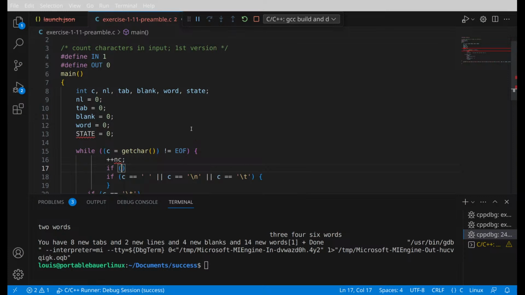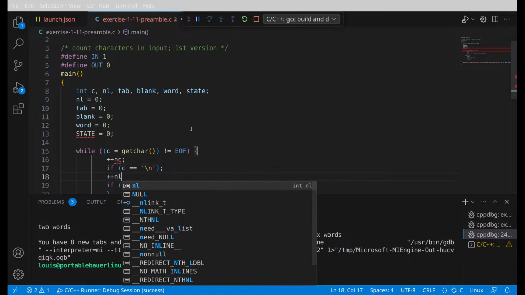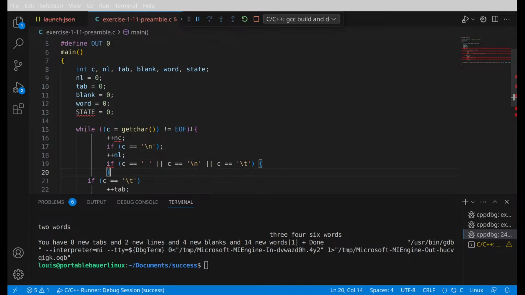If C is equal to new line, well, if C is equal to a blank, a new line, or a tab, no, it's not a new line. It was a new line, that's why I put, if C is equal to a new line, plus plus new line,